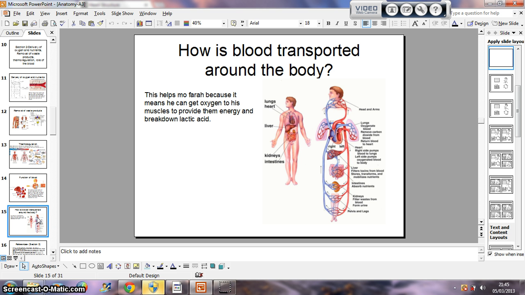How is blood transported around the body? Blood is transported around the body through arteries and veins, which carry it from the heart and back to the heart. The heart then pumps the blood around the body through the arteries. This helps Mo Farah because it means that he can get oxygen to the muscles